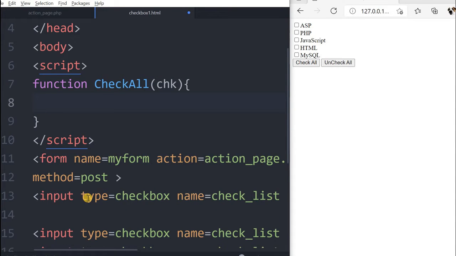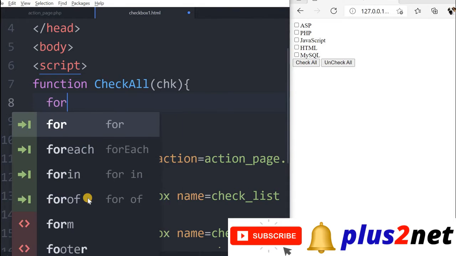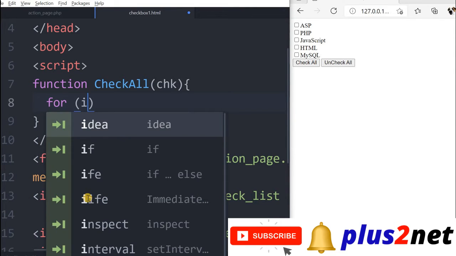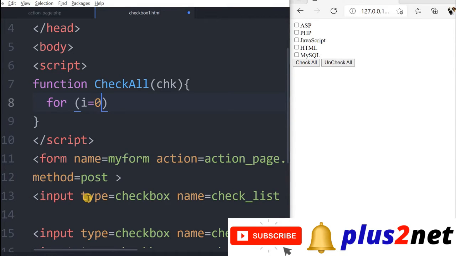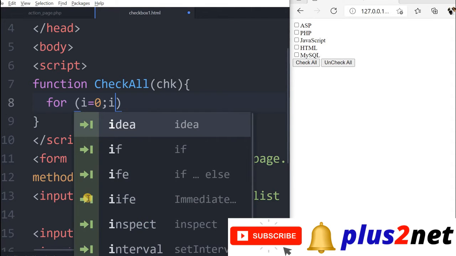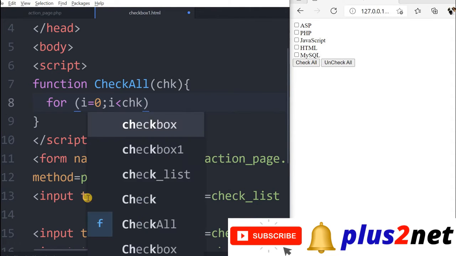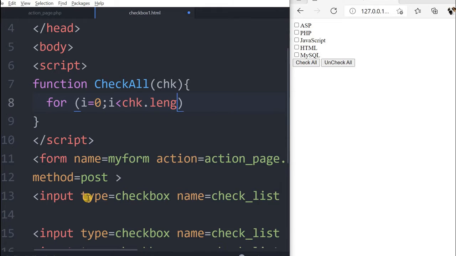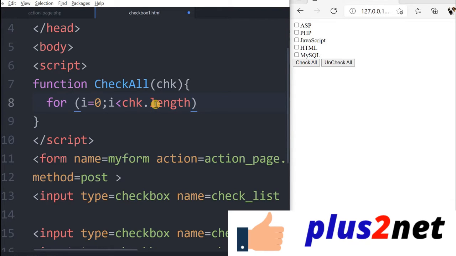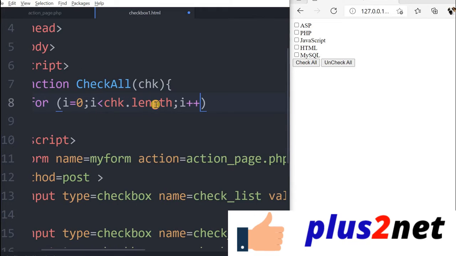We will simply start with for i equal to 0, then i is less than chk.length. The length property will take the value, and as 5 checkboxes are there, this will be less than 5, starting from 0. The length is the number of checkboxes we have used. Then i plus plus.